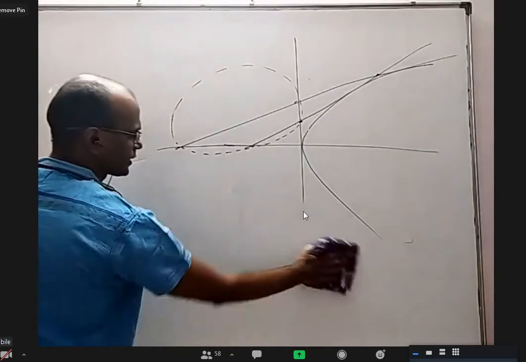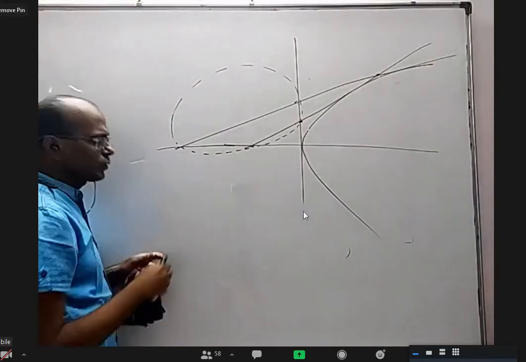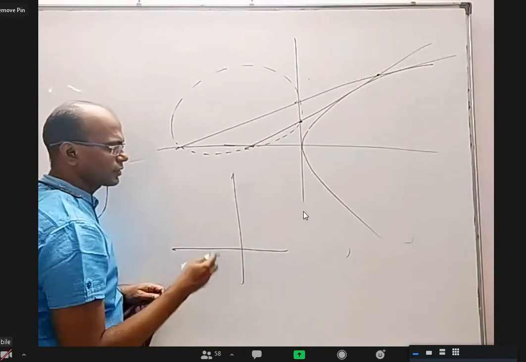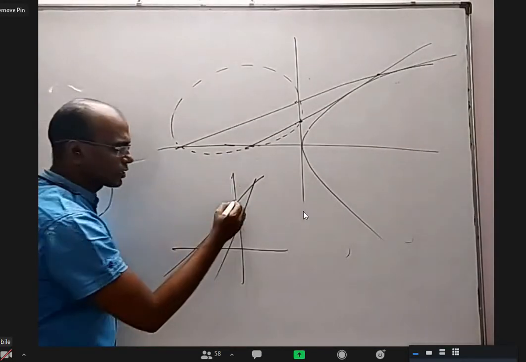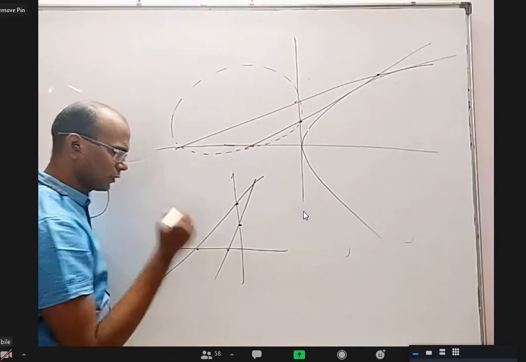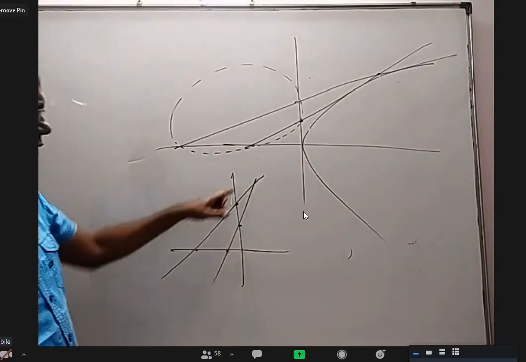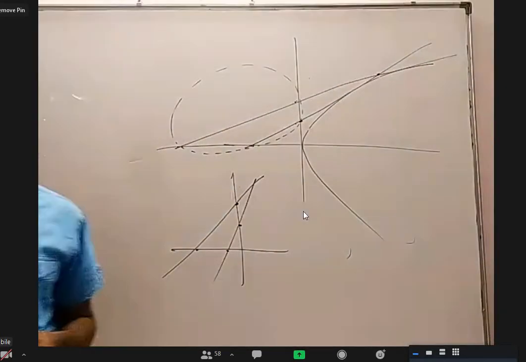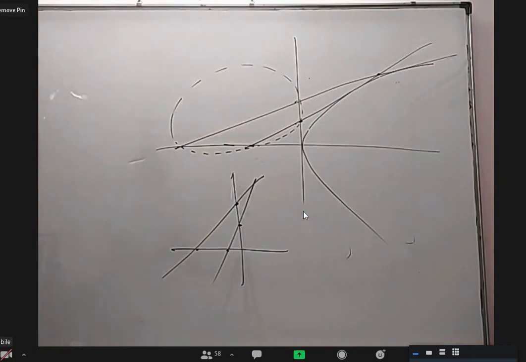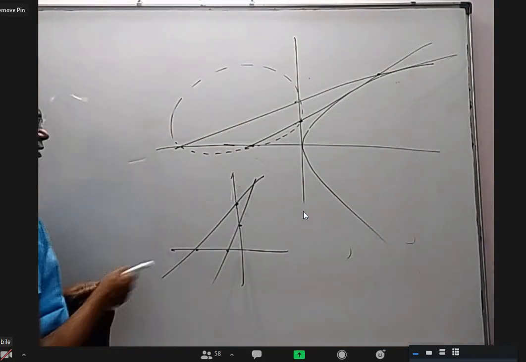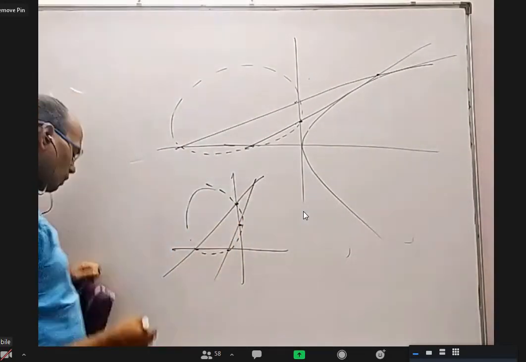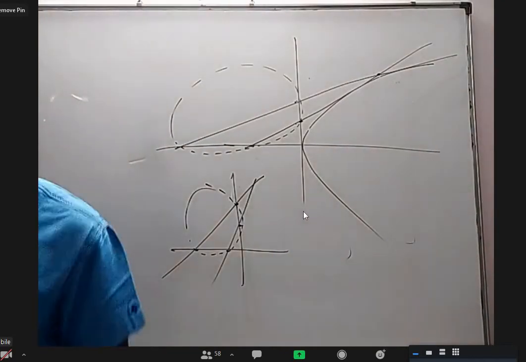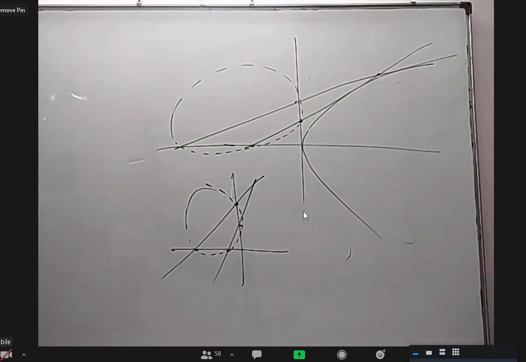I'm going to ask something else. Forget the parabola. This is x-axis, y-axis. These are two lines, such that these four are concyclic. Can I say the product of this slope and this slope must be 1? If you want a circle passing through these four, the product of slopes of these two lines must be 1. Anybody want to prove how it is?